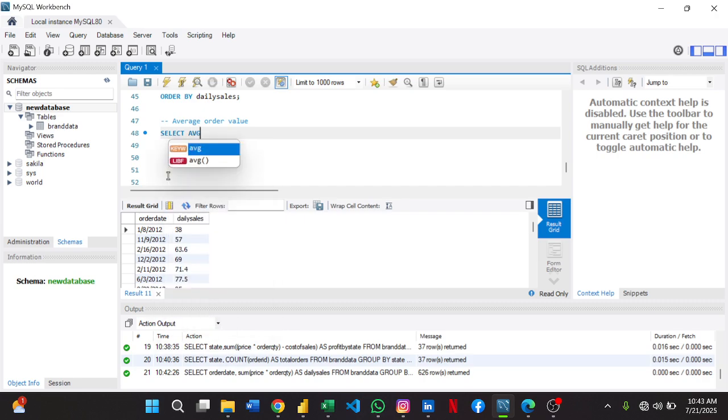So we're going to be using AVG, which is average. So it's the price times order quantity, order QTY, as average